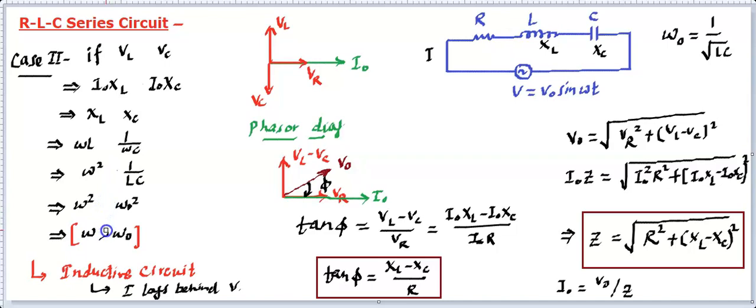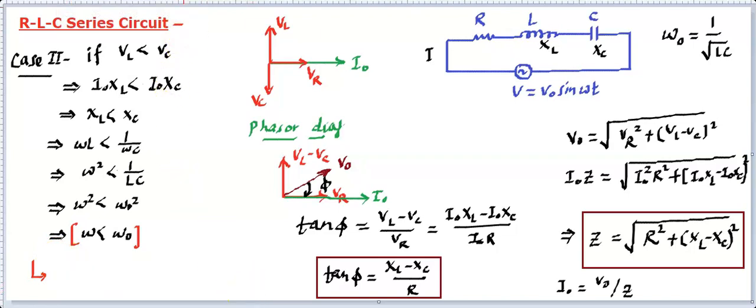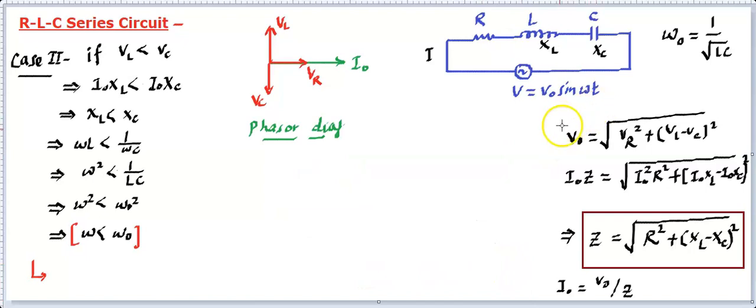So let's reverse all these symbols, and we are considering the case in which VC is greater now. So VL is less than VC. So this is going to be less than, here you will find less than, here you will find less than, this is also going to be less than. So you'll find external frequency is less than the natural frequency, or you can say natural frequency is greater than the external frequency. Then our conclusion will reverse. What the conclusion will be, and what this phasor diagram is going to be, these things will get reversed. So let me redraw them. And this is also going to be changed a bit.